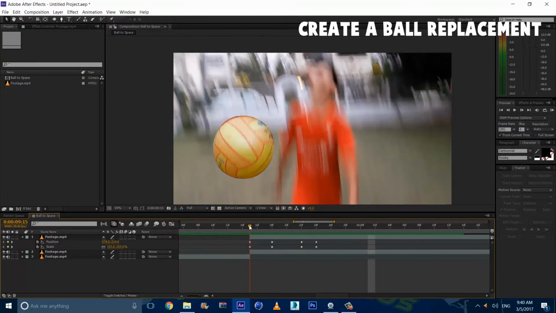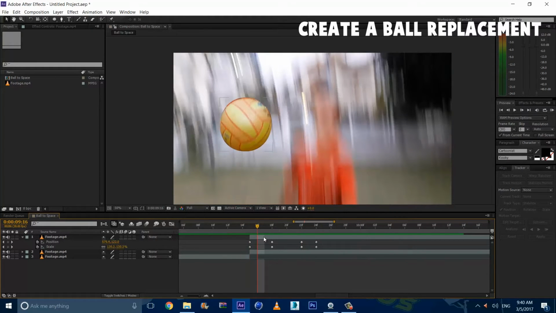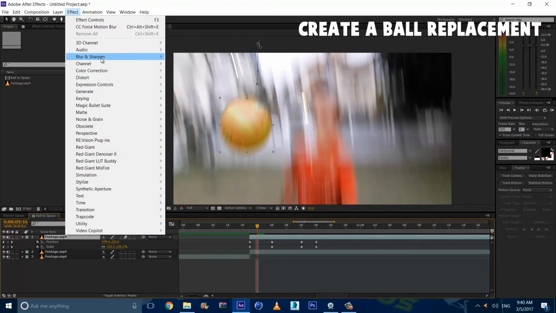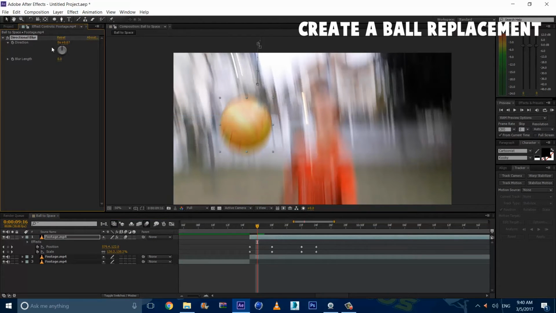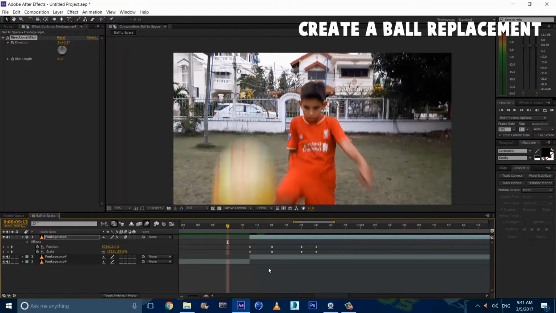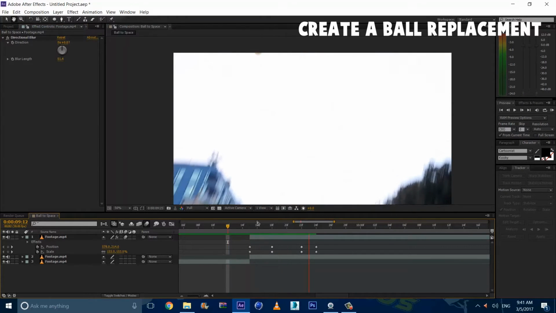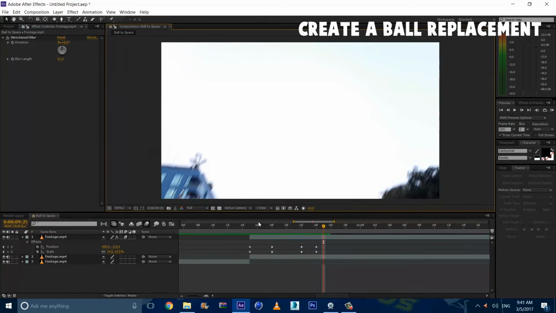Alright guys, so now it looks pretty crappy, so we're gonna fix that by hitting this enabling motion blur and just enable it on here too, so it will be there. And if it's still not enough, you can go to effect, blur and sharpen, directional blur, and just make sure it's on vertically and just blur it like crazy into what you need, and that should fix your problem. And yeah guys, that's just basically it of the effect.